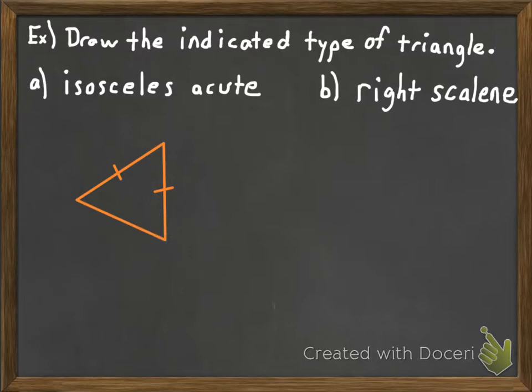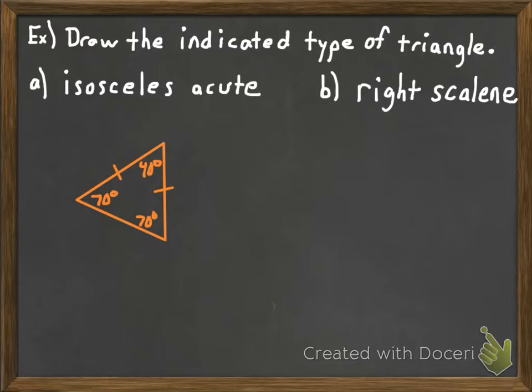Sometimes in your attempt to draw a triangle, you don't actually get everything the way that it's supposed to be, but I'll still let you label it using, say, some angle measures. Like maybe you say this is 70 degrees, this is 70 degrees, and this is 40 degrees, for instance. That would be a way of indicating to me that everything is an acute angle, and so that's an isosceles